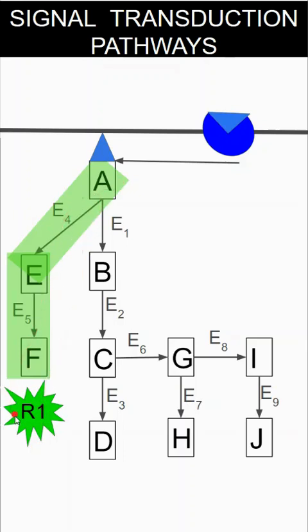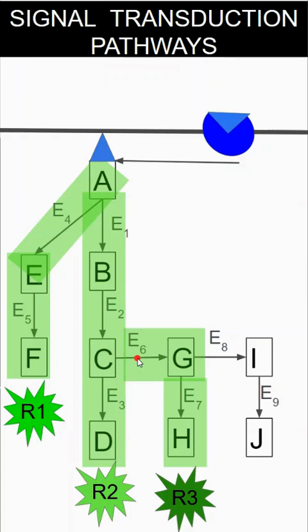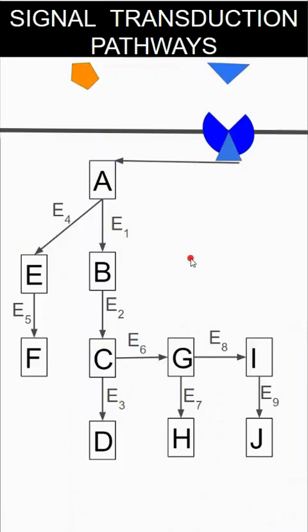This pathway leads to this response. This pathway leads to this response. This pathway leads to that response, and that one leads to that response. So again, we're getting multiplicity here. So one particular receptor can cause multiple responses. So now if we look at some changes or chemicals or mutations, we're going to see how that affects the